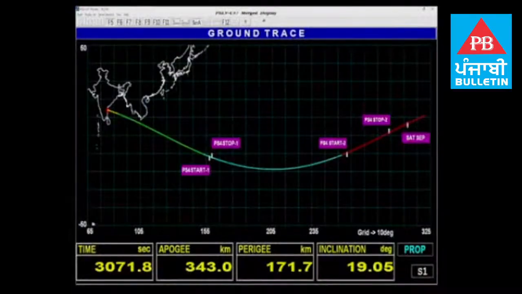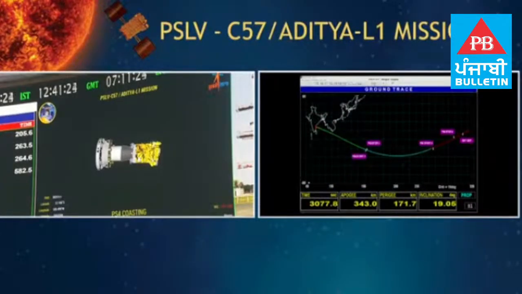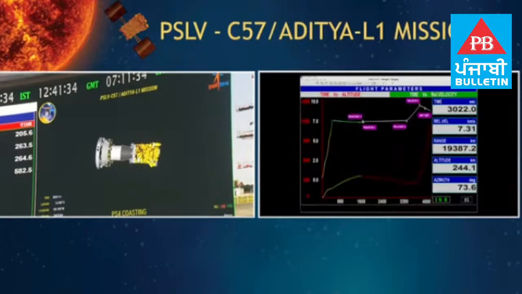Welcome back to the live coverage of PSLV C-57 Aditya L1 mission. The launch took place at 11:50 hours Indian Standard Time from the second launch pad at Satish Dhawan Space Center, Shar, Sriharikota. The first, second and third stage of the launch vehicle have performed normally, and the launch vehicle was in the no visibility range for the ground tracking stations. Shipborne terminal in Pacific Ocean has started to acquire signal 51 minutes into the flight.